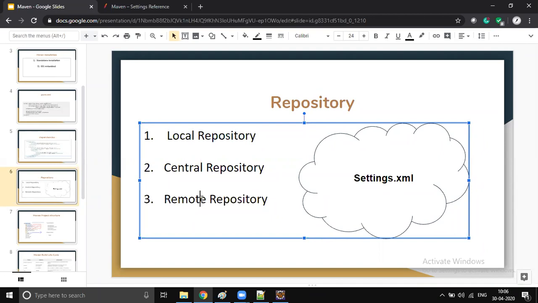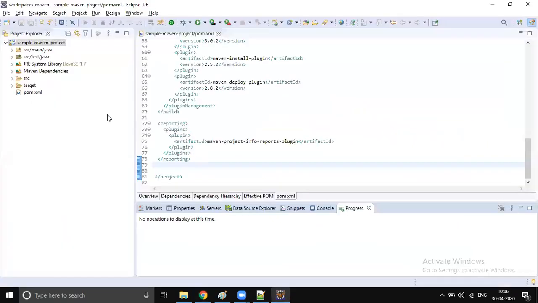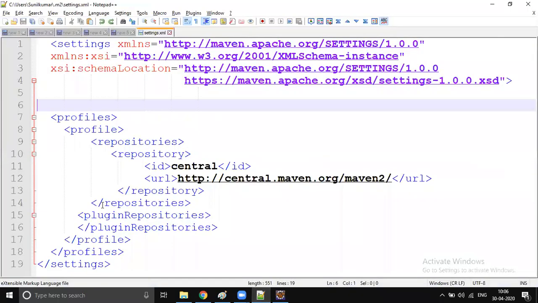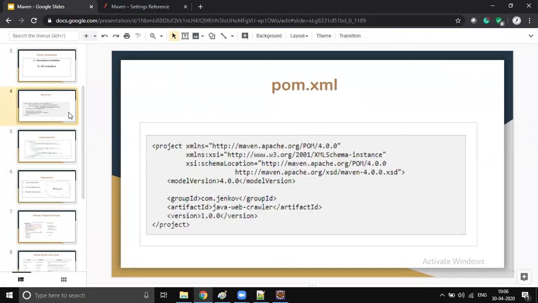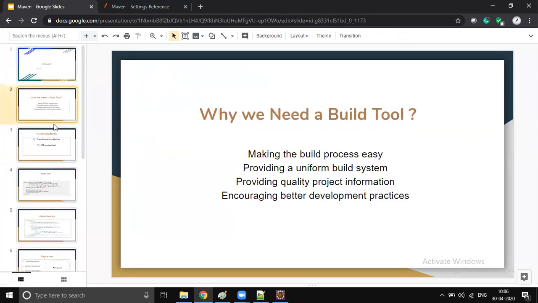So, any assignment for today? I want to ask, more assignments would be better. Whatever we have practiced today, try to practice the same thing. Just try to create a local repository and play with it. For Maven, I don't have one yet, because we are learning the basics.